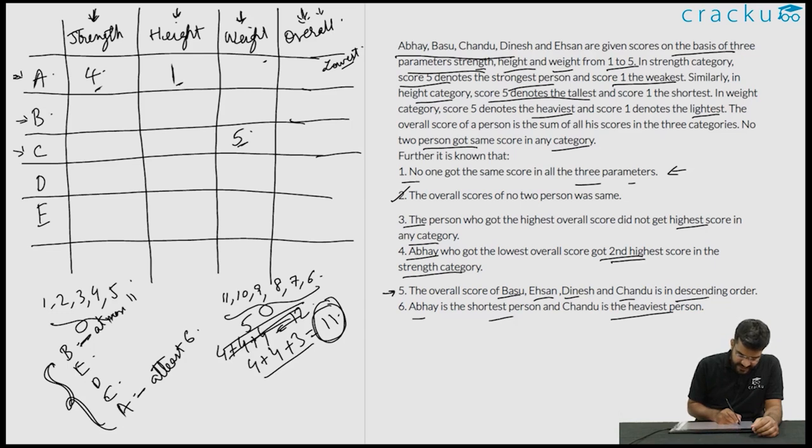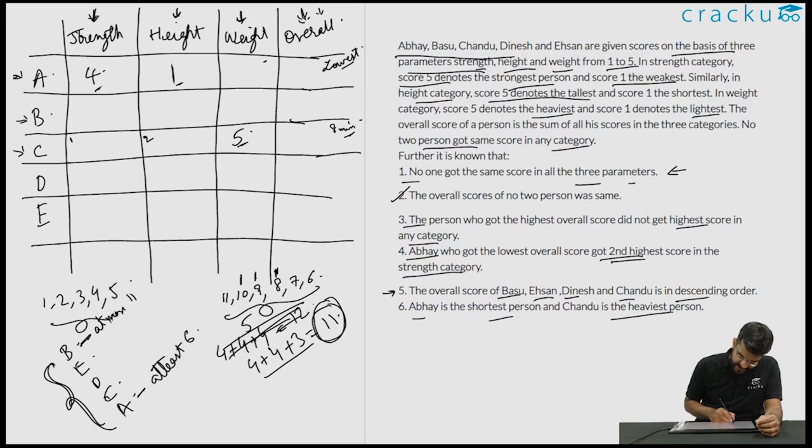And because in height, Abhay has already scored 1, Chendu would score at least 2 in height. Similarly, in strength, the minimum score possible is 1. So the minimum possible score for Chendu is 8. This is the minimum. He can score even more than that. But now if you look at it, if Chendu scores 8, Dinesh has to score 9 and Ehsan has to